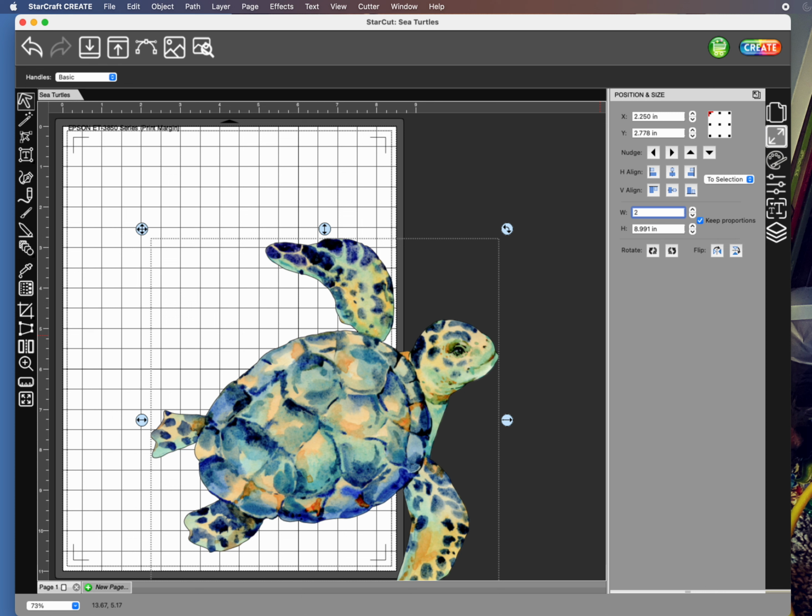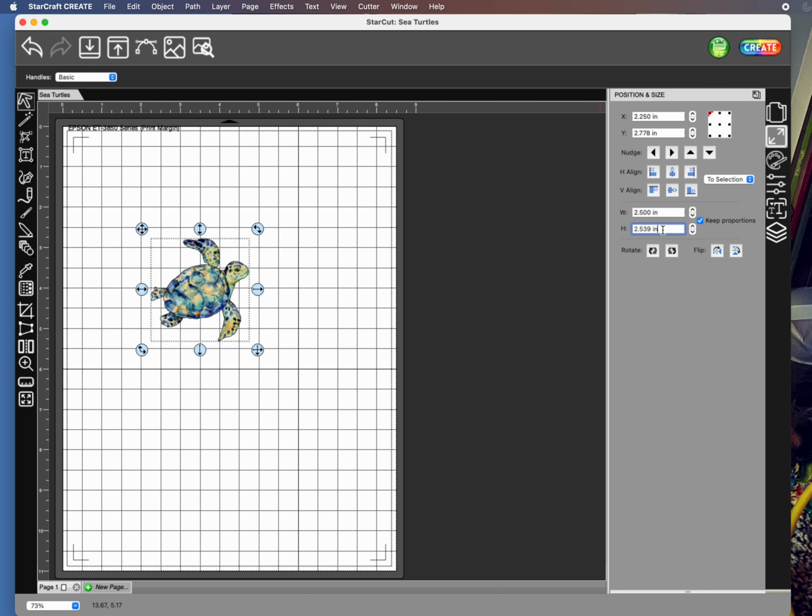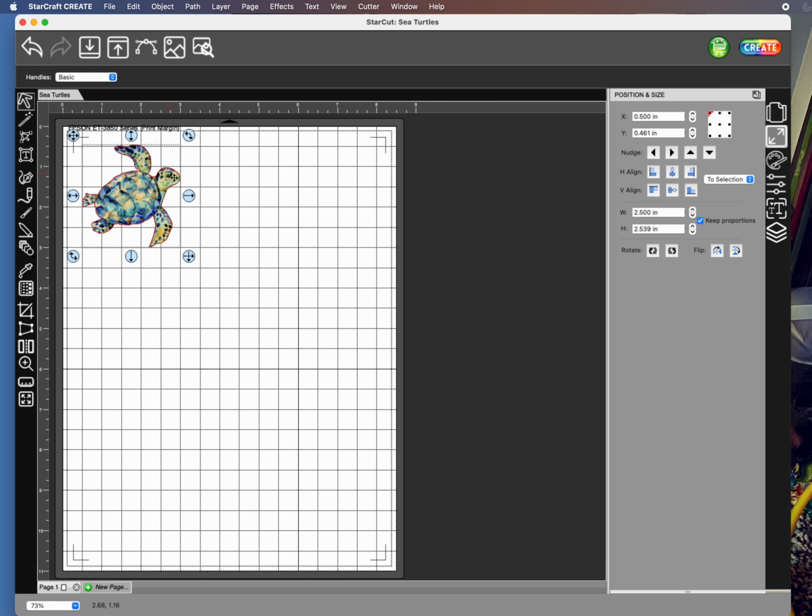So I'm going to make this 2.5. And then I'm going to click down here on the height, and it's going to automatically adjust that. And the way that I have this set up, it's going to position into this upper right hand side. Now I am going to leave a little room here because I am going to add about 1/10 of an inch around the outside of this turtle